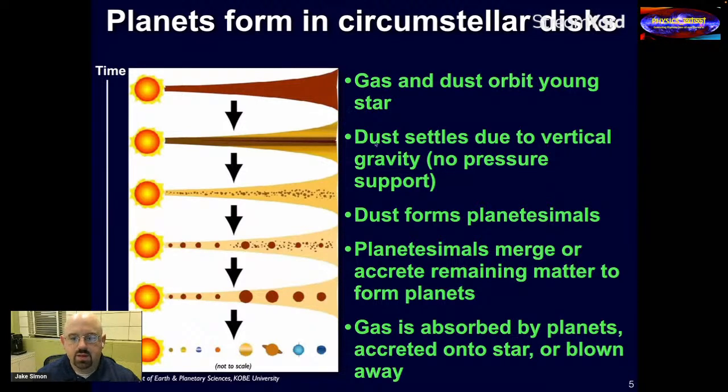And over time, the dust settles out due to vertical gravity. There's a vertical component of the star's gravity that pulls on everything. Now the gas is supported against that gravity due to the fact that it's hot. It has a thermal pressure, but the dust doesn't feel this. And so the dust settles out into a thinner layer, like another disk within the disk. And eventually that dust grows into objects that are called planetesimals. I'll describe what that is in a minute. But then ultimately these planetesimals merge together or accrete remaining dust grains that were left over in this stage,